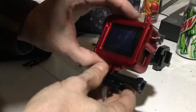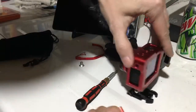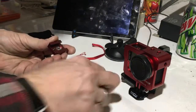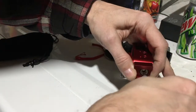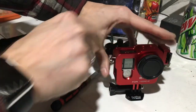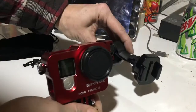Actually, what I plan on using the tripod mount on the side for, which actually makes much more sense, is the cold shoe, because it comes with a cold shoe. The reason for the cold shoe? Well, you can actually use the cold shoe for, let's say, an external microphone. So if you have an external mic that you use with your GoPro, you can actually just attach the cold shoe. You can choose to attach it up top, or you can attach it to the side. I want to attach it to the side because I want to have the option of normal tripod mount up top, cold shoe on the side for an external mic, and quick release between this, the car, and on my